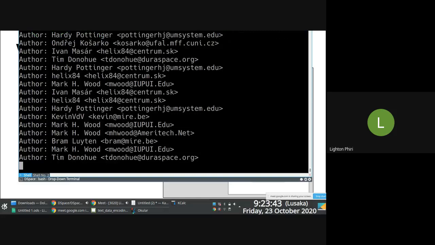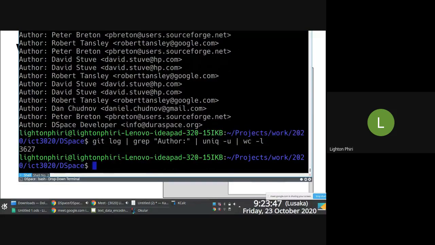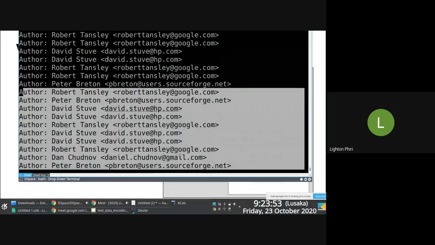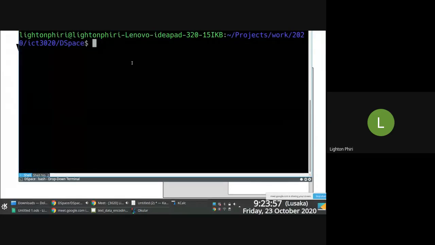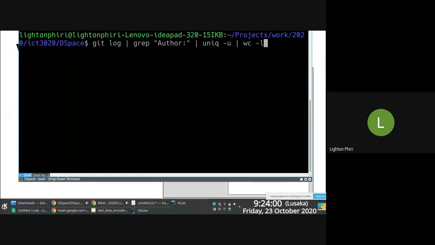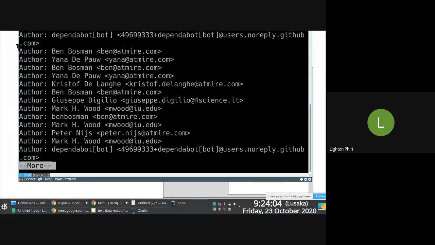So I know that there are changes from 3,627 different people. These are the different developers that have contributed work to the DSpace software. Now, each of these changes is different. Some of them are minor, some of them are significant changes. Some of them will result in